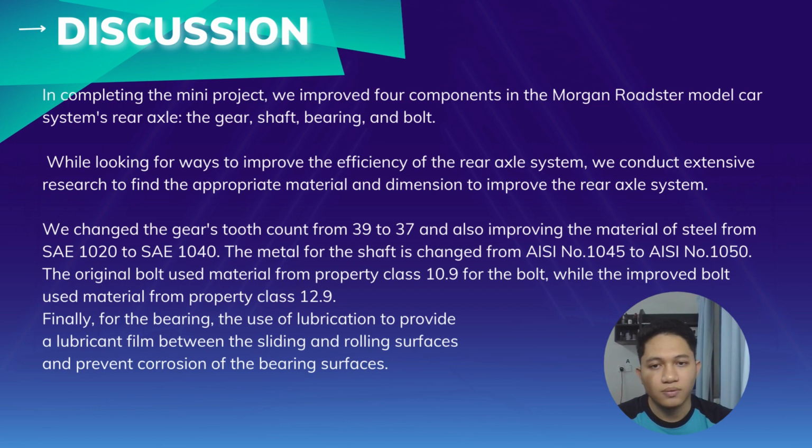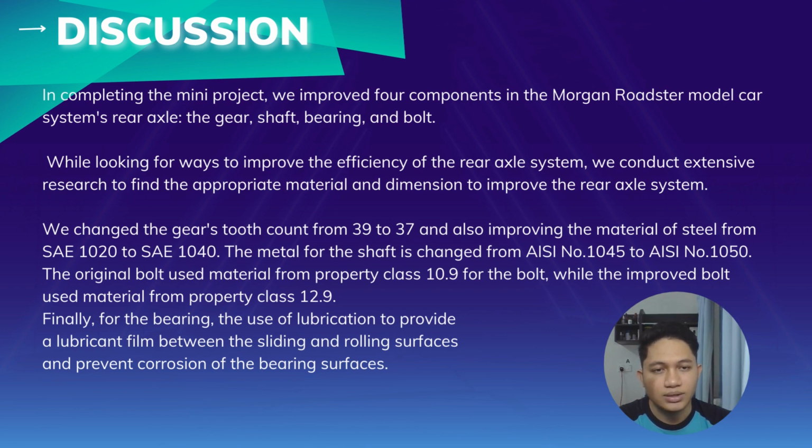We changed the gear tooth count from 39 to 37, and also improved the material of steel from SAE 1020 to SAE 1040. The metal for the shaft is changed from AISI